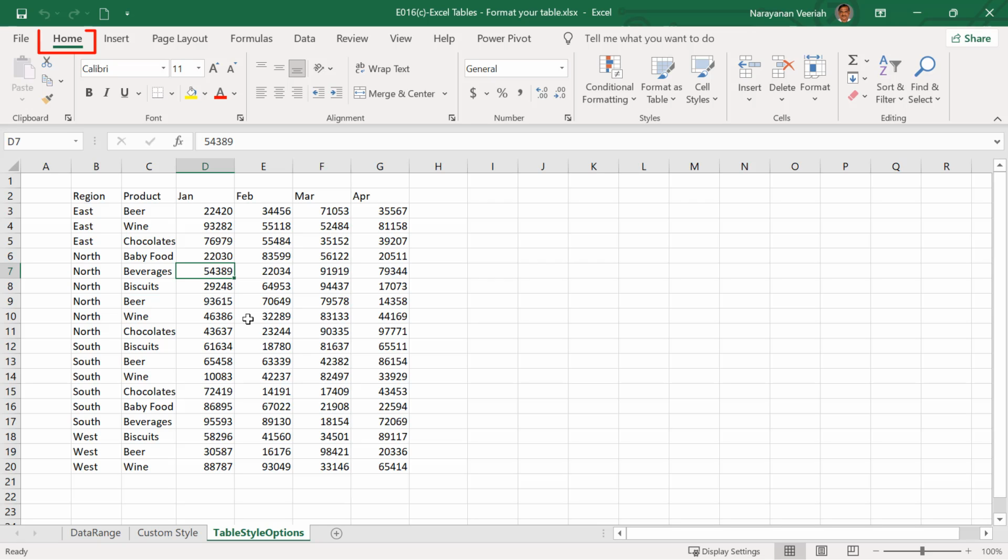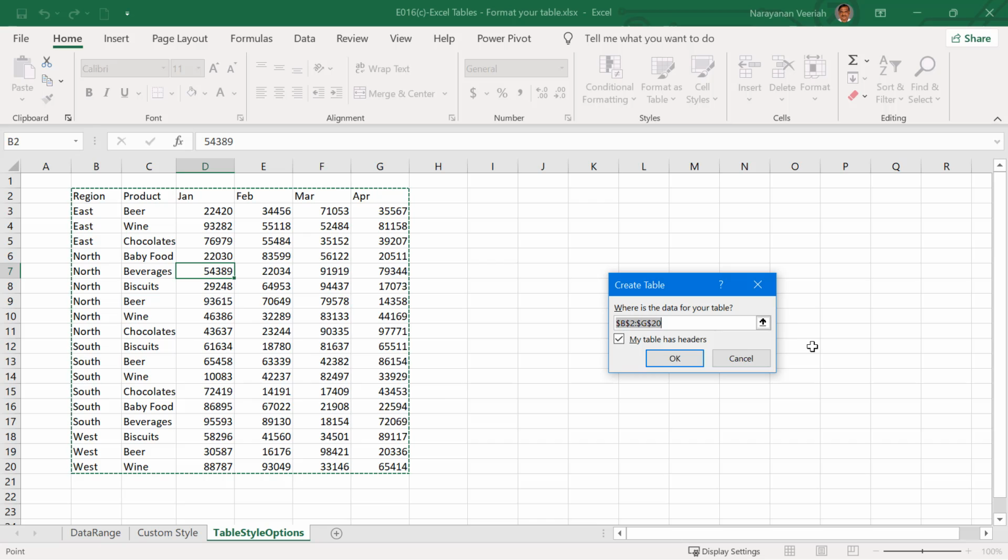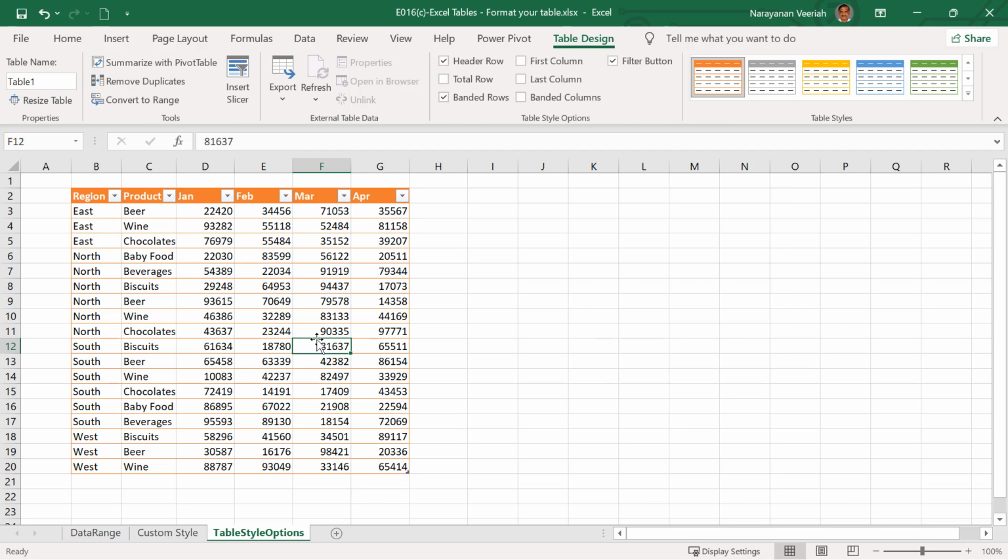Select a cell inside the data range and click on Format as Table under the Styles menu group on the Home tab. You will see several predefined table styles. All these table styles are grouped under three categories, that is light, medium and dark. These are all nothing but the themes of table styles. Select a style you want, adjust the data range if required on the resulting Create Table pop-up, and then select or deselect My Table has headers if you want headers or otherwise, and then click on OK. Excel converts the data range into an Excel table and applies the table style that you have selected.